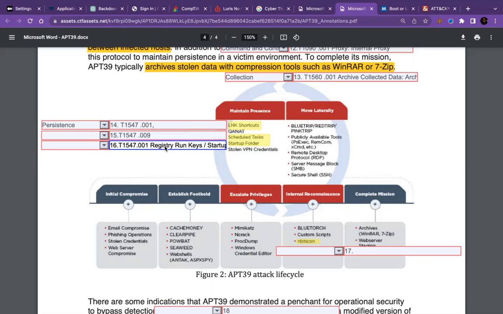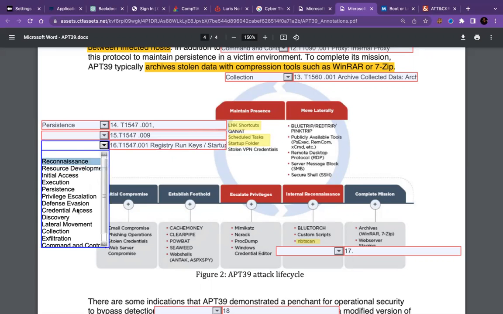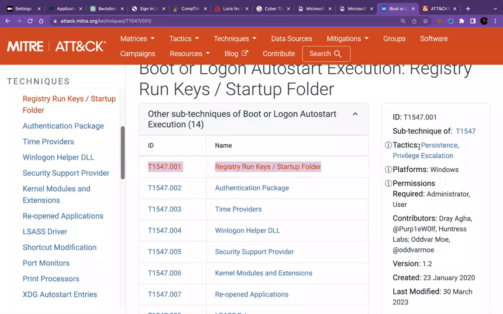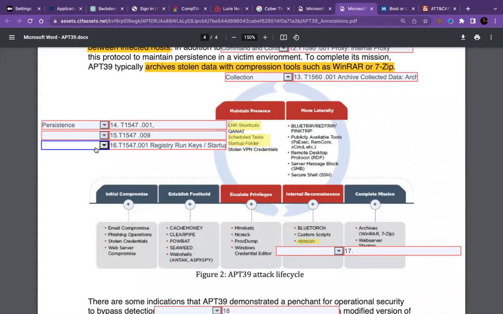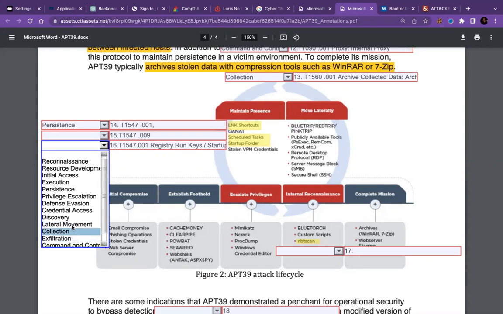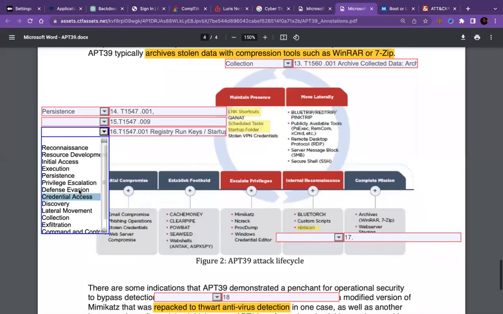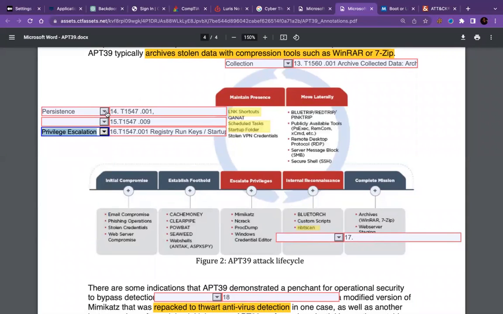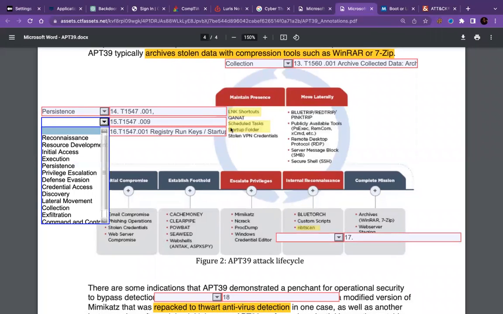We got 1547 at the top, so we can put it on both. Or put it at the installation. And let's take a look at the second one, which is scheduled tasks. So when you are scheduling a task,